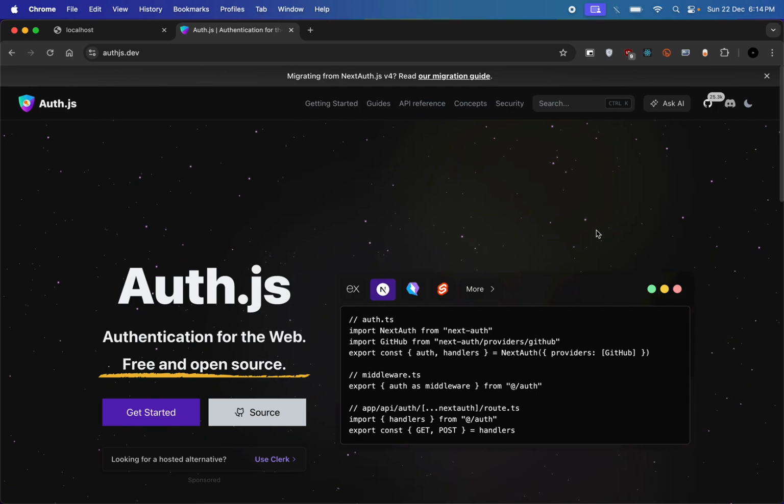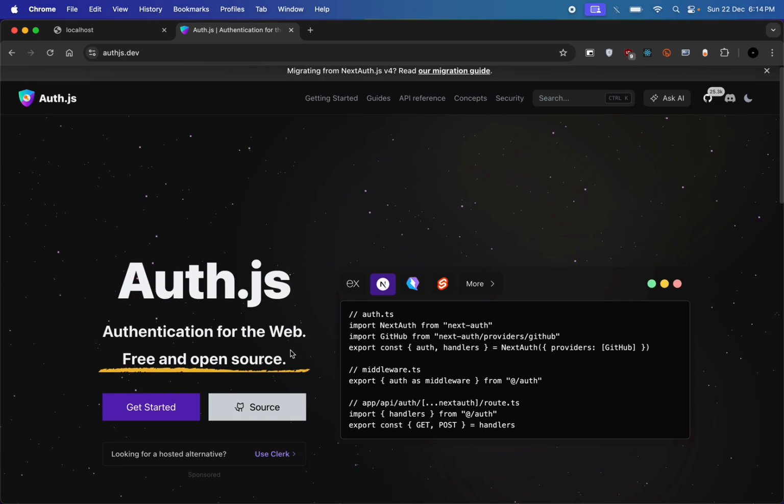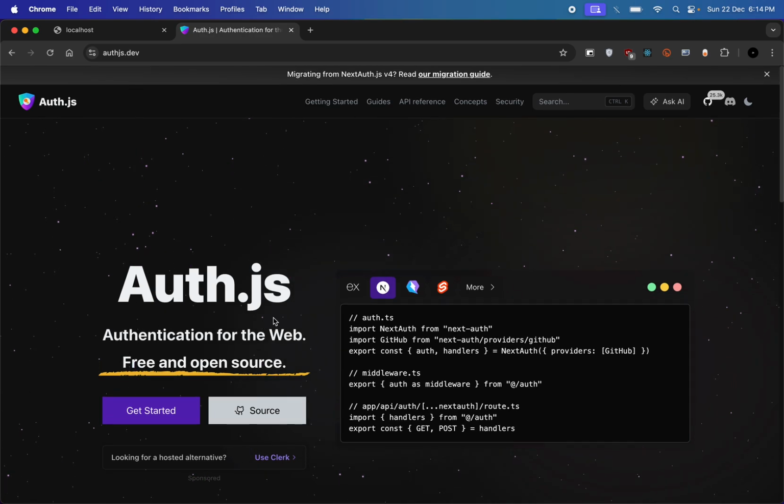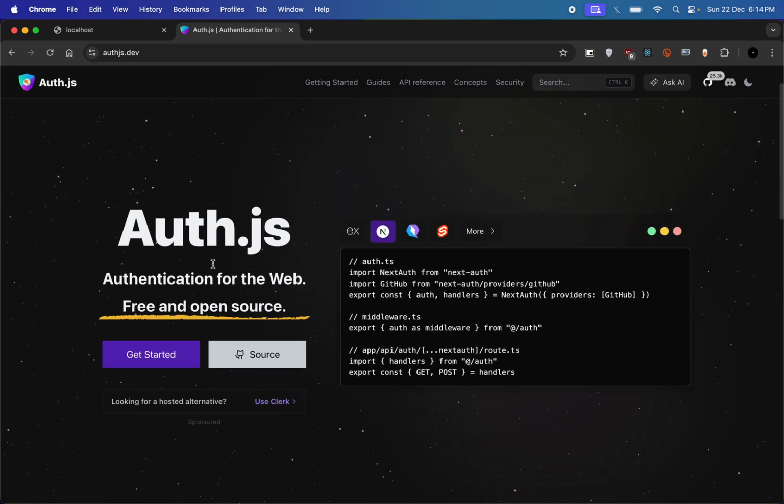Today in this video we'll see how to add Auth.js to our Next.js app in the latest Next.js 15 app router. And Auth.js is also new. Next-auth version 4 has migrated, it's v5 I think. So we will see how to add authentication to our